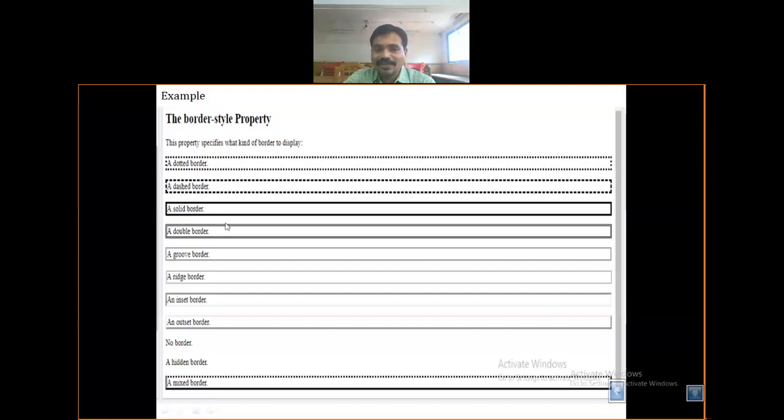If this is solid, you can write double. For groove you need ridge. If I need no border, then no border is displayed automatically. With the hidden border, the dotted line is automatically not visualized. If you need something, all these can be mixed, so you can mix it. If you want to do that, in that way you can do it.